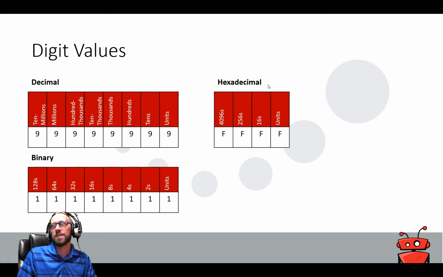And then same with hexadecimal, we still start with units, but then this is 16 to the n. So we've got units, then 16s, then 256s, then 4096s, and so on and so forth, right? So that's what each digit in a decimal, binary, and hexadecimal number actually represents. So with the number, say, 9009, for example, we have 9 in the thousands place and 9 in the units place. Let's convert a binary number to a decimal